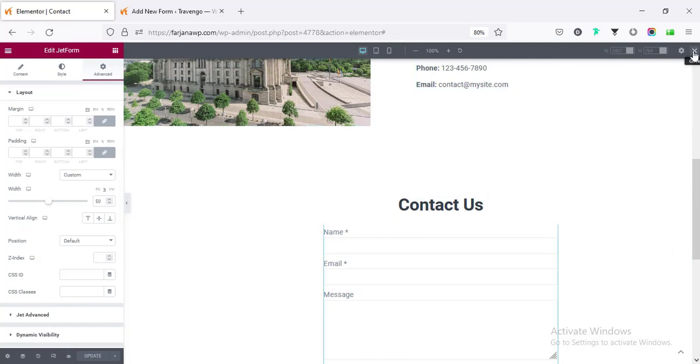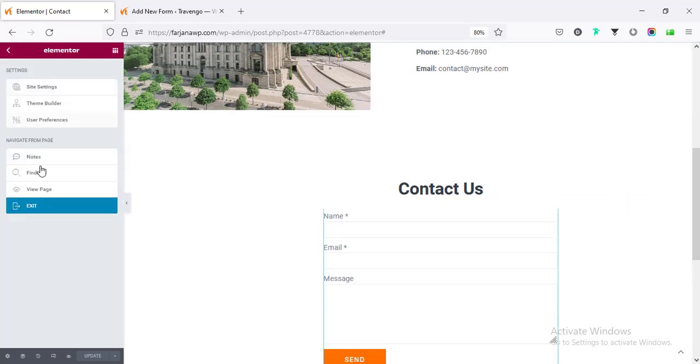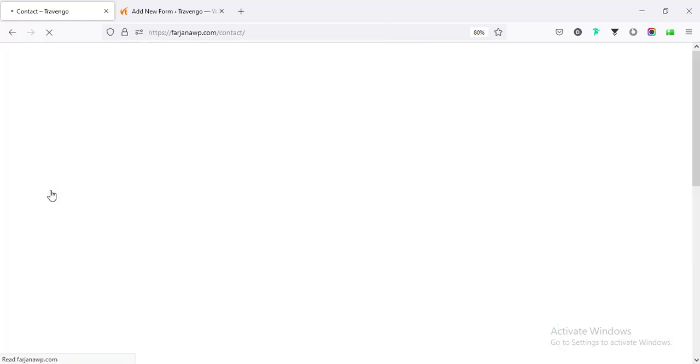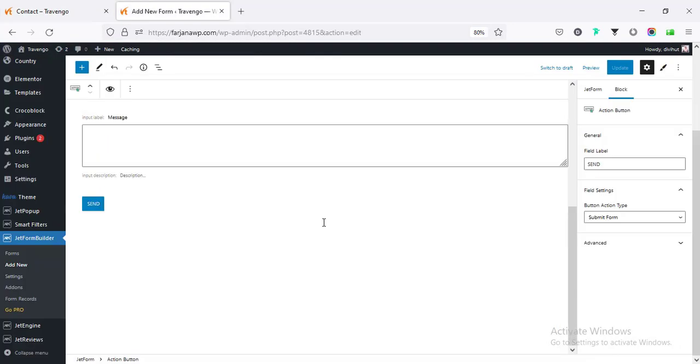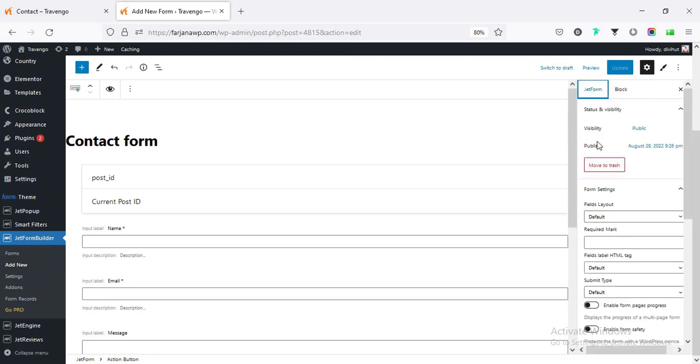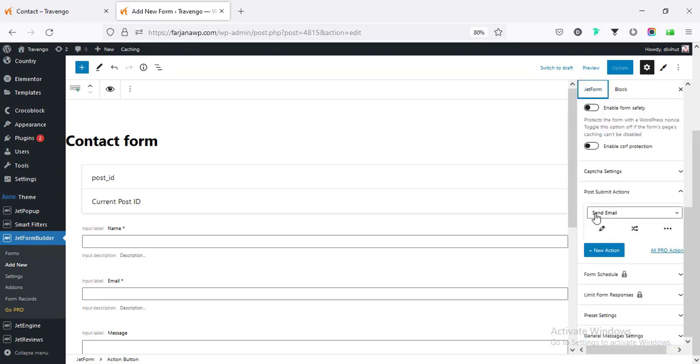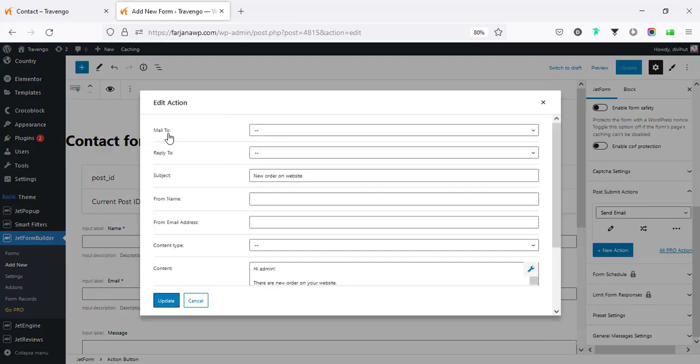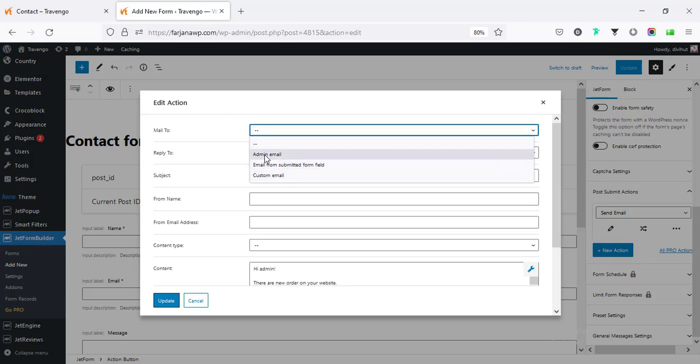Alright, going back and crossing it, and now going to view page. And also for this form we can set some actions, so going to jet form, and if I scroll down, here is the send email. If I go to edit, and from here send email to, we can set a custom email or by default admin email address,